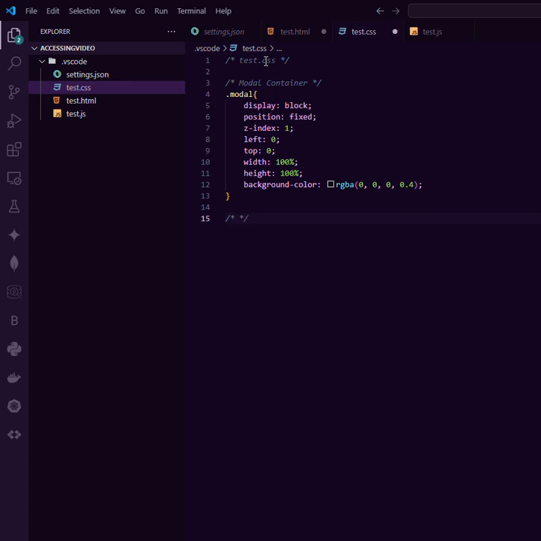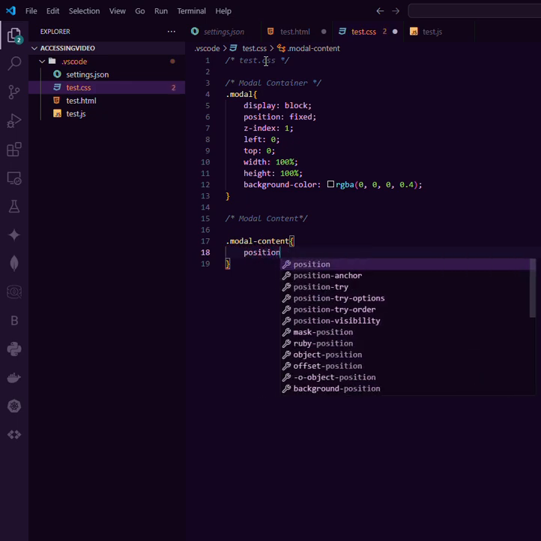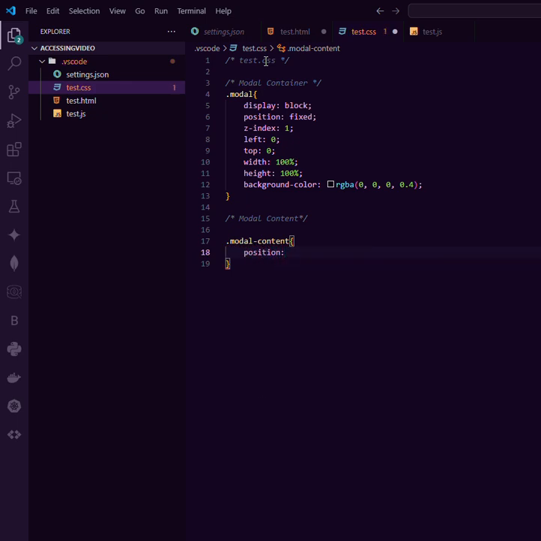Inside that, you now need to do the modal content. Remember, up there you did the modal container. Here you need to do the modal content, right? So let's go ahead and create our modal content. Inside that, you give it a position again, just to position it. Position here, you need to give it absolute. So you give that absolute, and then top, you give it,